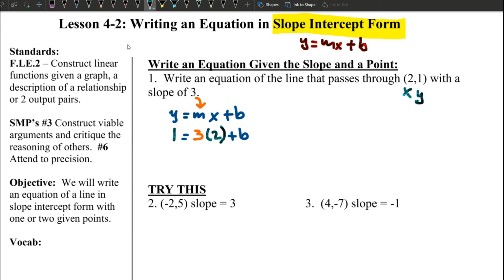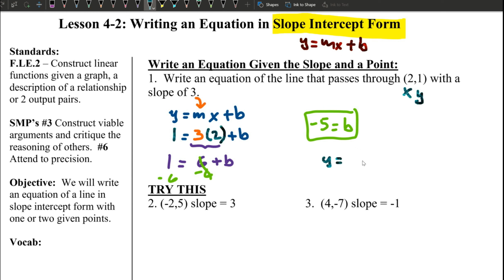Since m and x side by side mean they multiply, you're going to multiply them. 3 times 2 is 6, plus b equals 1. And continue solving for b. We're going to subtract 6 from both sides. That will give me negative 5 equals b, or b equals negative 5, right? Subtract 6 from both sides, that cancels out, b equals negative 5. So the slope-intercept form is y equals mx plus b. Now we have the full equation, which is y equals,